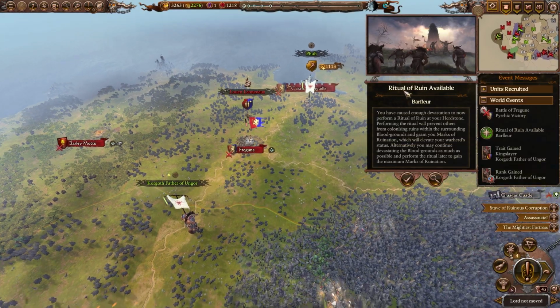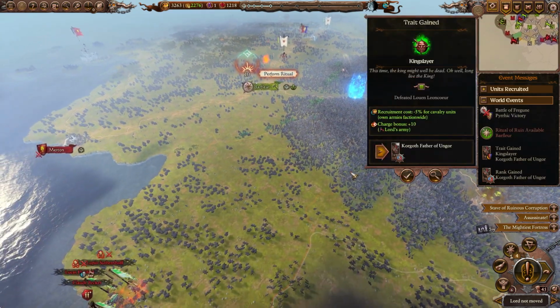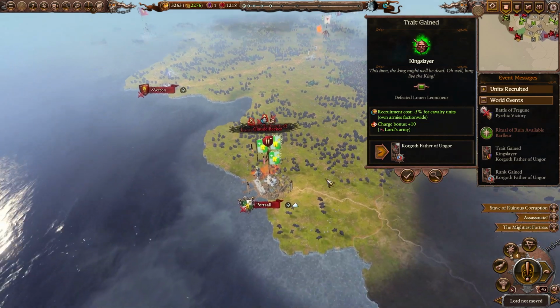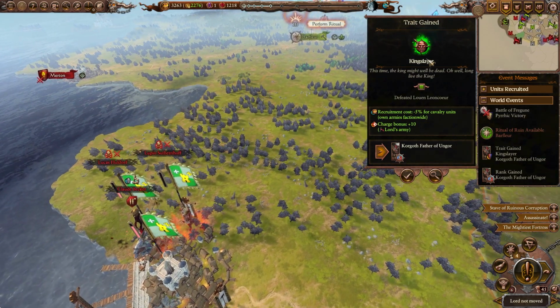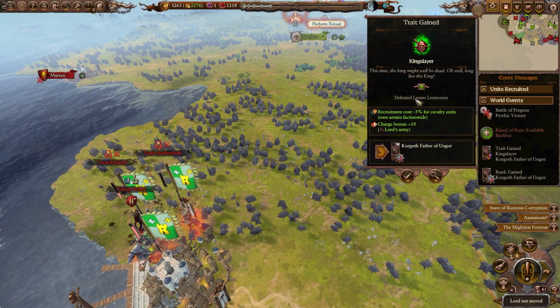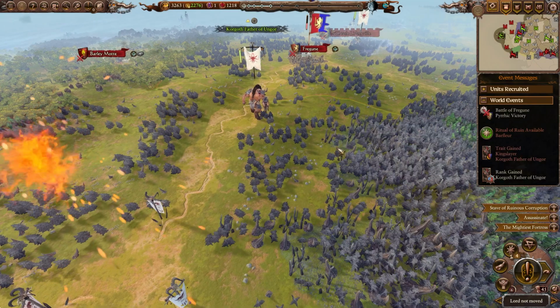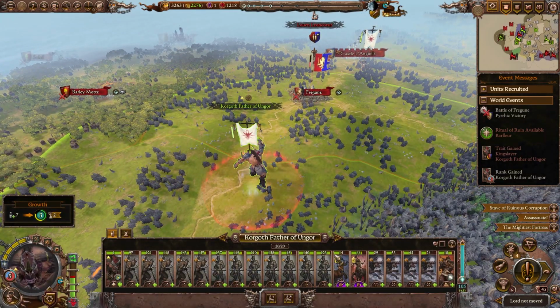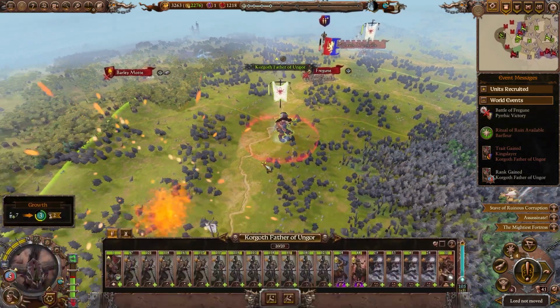Alright, we've got a new Ritual of Ruin available already in Barfleur. Perfect. We're not going to, but that is quite neat. I'm just going to keep playing through the alien invasion happening in the background. So we've got Kingslayer now for Korgoth as well, so recruitment cost has been reduced for all of our cavalry. Which, once again, that's great. I think only for the Centaur. They count as cavalry, right? They do indeed. So what I'm going to do with Korgoth...